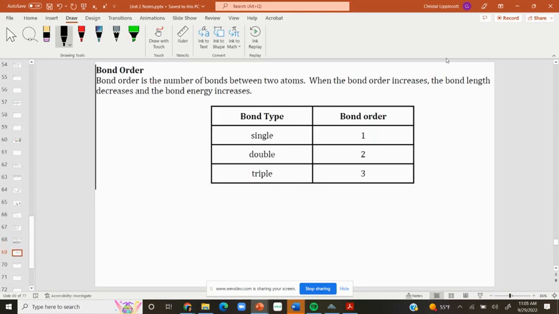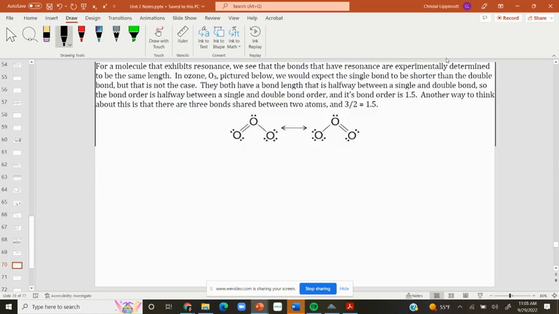All right, we talked about bond order, I believe. Yes. Okay, number of bonds divided by bond sites. So we've covered that. We've talked about resonance, how when this is actually happening, we've got that. And our bond length, when we look at this, if we have resonance going on here, that means that the bond length for both of these